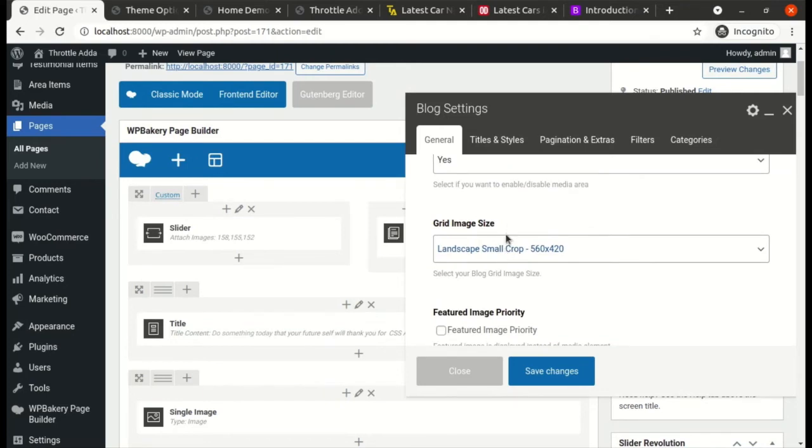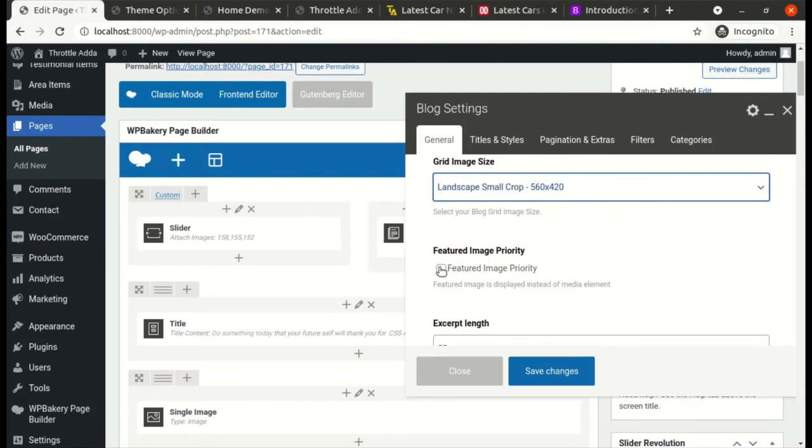Grid image size: this is landscape small crop, so let's keep it this way because we have landscape style images, hence we are selecting this dimension. And do you want to display the featured images? If you have a featured image set for your blog, it will be displayed there.